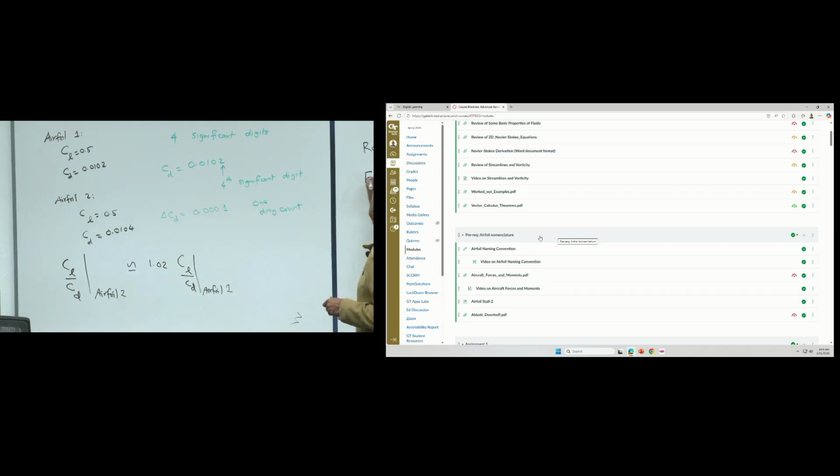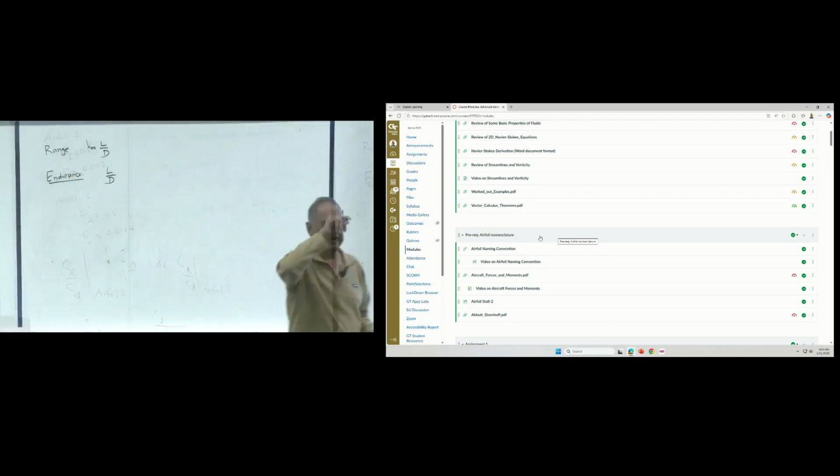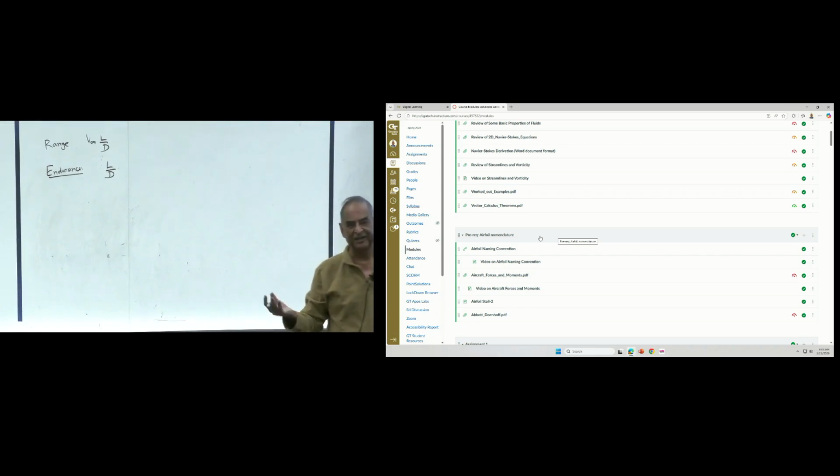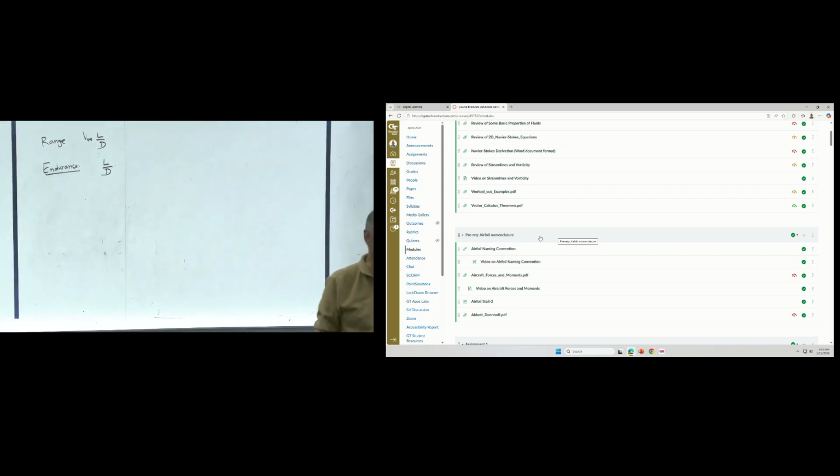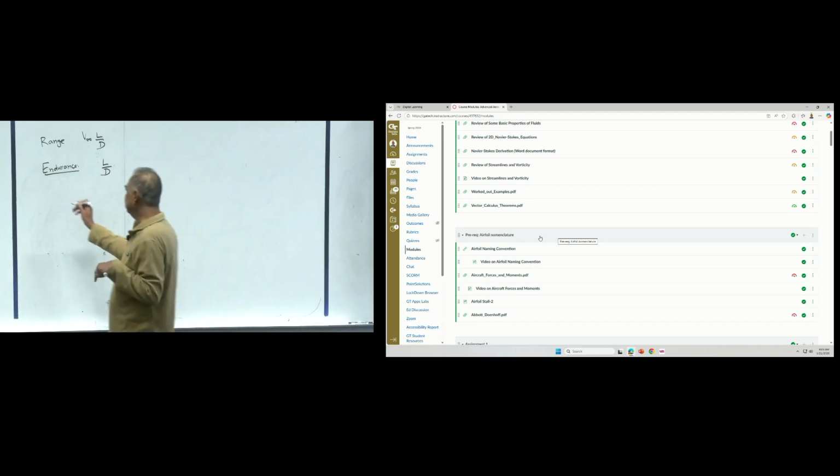Endurance, how long it can stay up in the air, depends on just the L over D. So if you have a glider or a search and rescue vehicle over an ocean or a desert looking for survivors, the higher the L over D, the longer they can stay up in the air. Okay. Same way, when you glide,